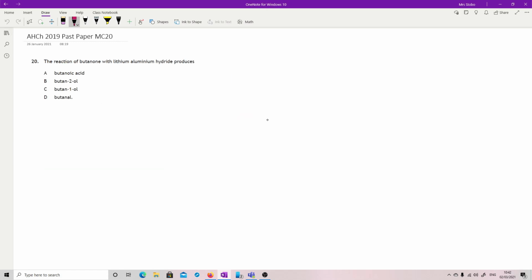The reaction of butanone with lithium aluminium hydride produces... So this is a reducing agent to take us back through our alcohol system. So we've got butanone,